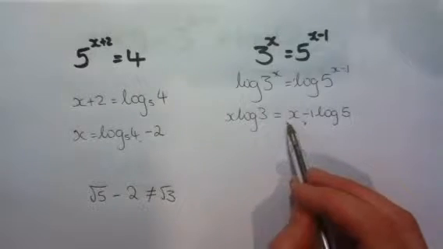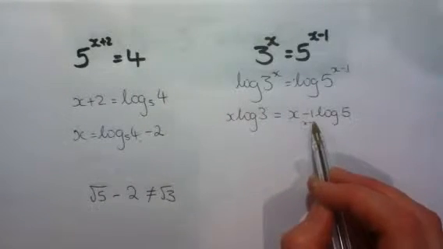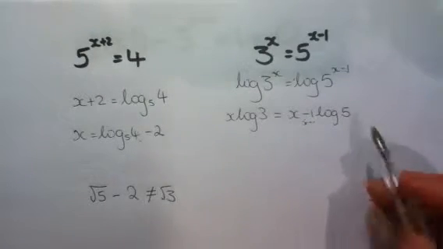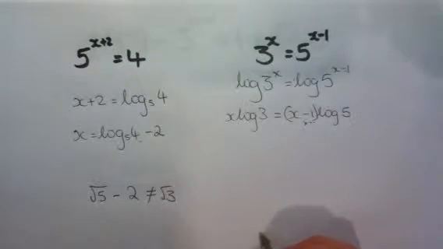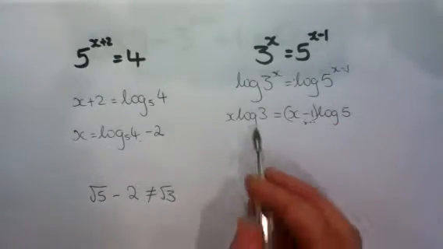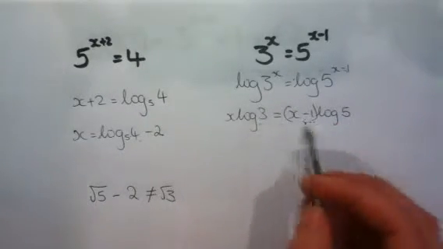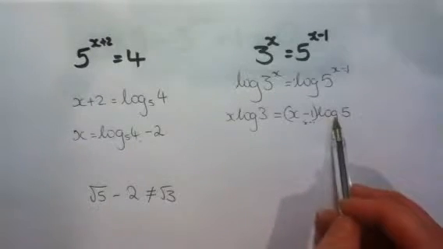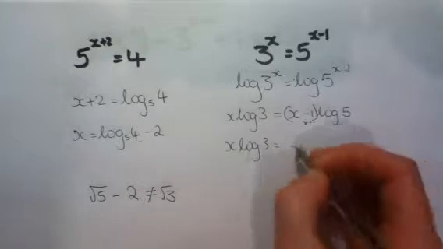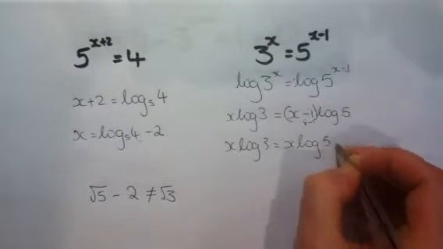Make sure that you put brackets around this, x minus 1, because otherwise it says x minus 1 log 5, and that's not what you mean. You mean x minus 1 lots of log 5. That whole power comes down. Now this is just a number, log 3, and this is just a number, and we know from GCSE how to expand out brackets. So on the right hand side we've got